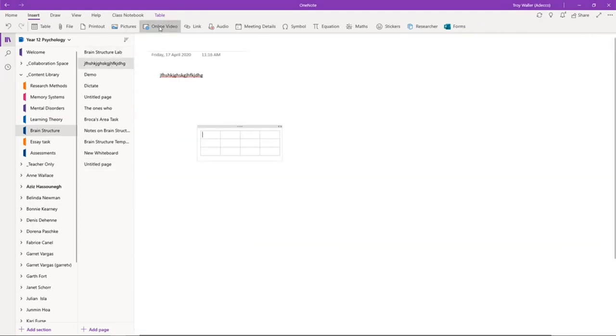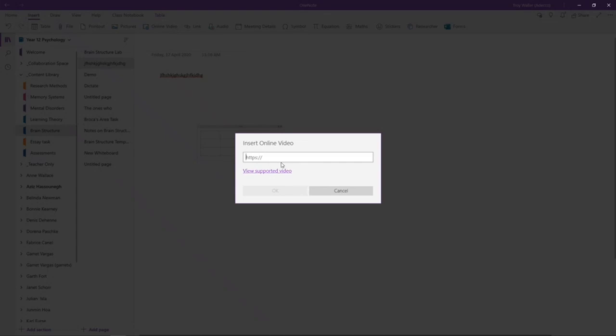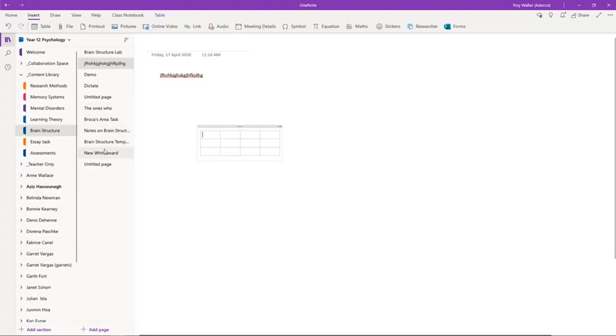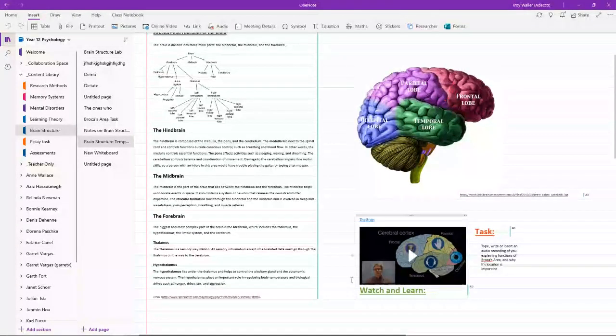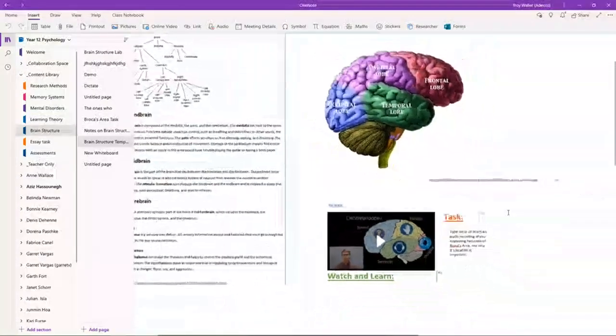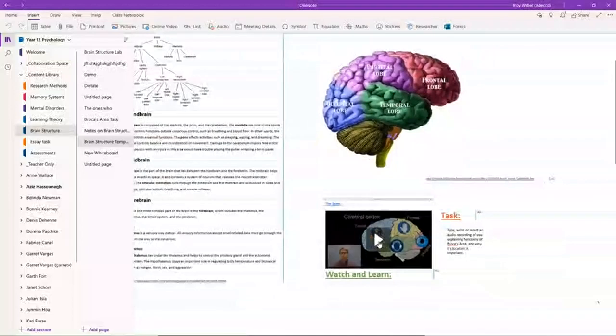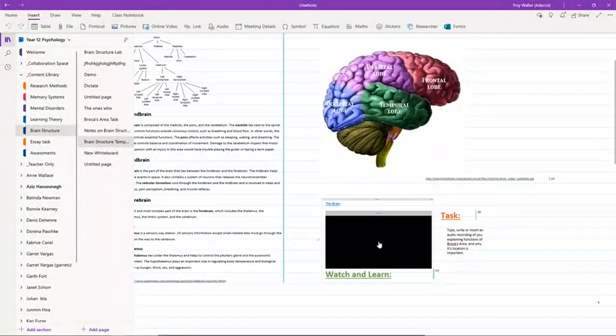I can also insert online videos. Okay, so if I have a link for a YouTube clip, I can throw that in, and then of course that's going to look something like this. So you can see here that I threw the link in, and then it automatically creates a little thumbnail, and if I make that nice and big, that can actually be watched from inside the OneNote page. So if I click play now,